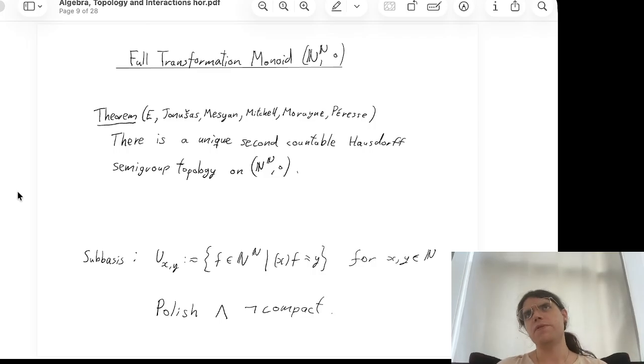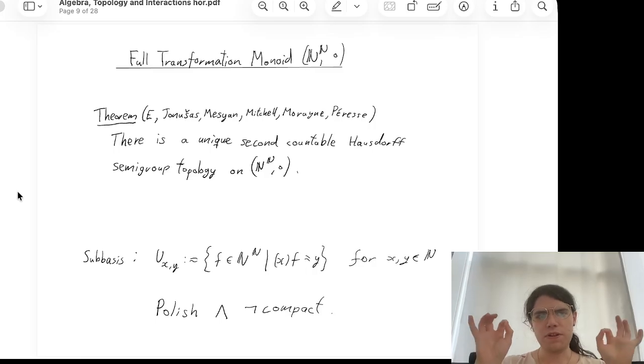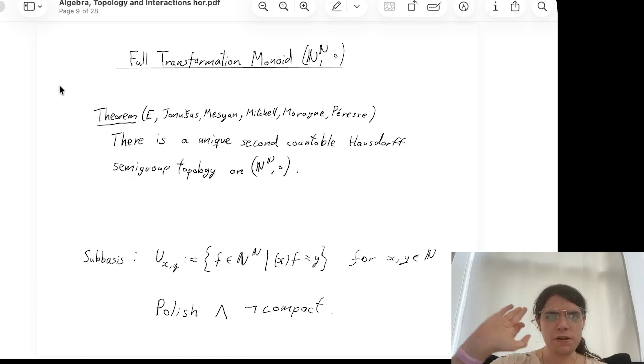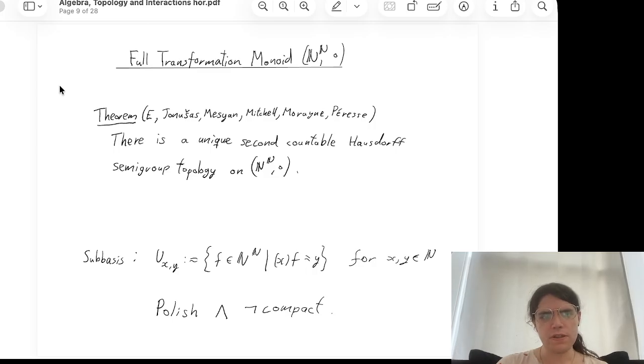Okay, so I mentioned before from Cayley's theorem that every monoid embeds in a transformation monoid. Every monoid can be thought of as a monoid of transformations on a set. So a reasonable starting point for monoids to topologize is the full transformation monoid on a set. And I'm looking at a countably infinite set, which may as well be the natural numbers. I'm also interested in larger sets, but in practice, most things that you're interested in for this full transformation monoid on infinite sets are the same for any cardinality of set. So I'm going to focus on the countable ones for now.